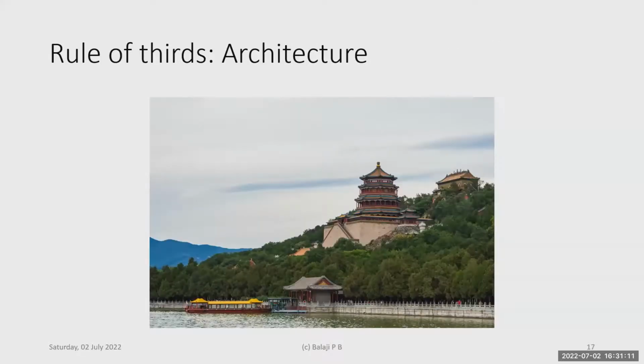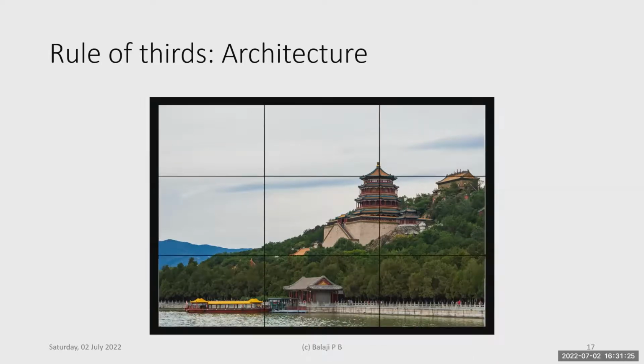Again, you can apply the same kind of rule for landscape images also. I think this is a picture of the Forbidden City in China, the picture that I took. If you try to compose the image, the interesting building at the top of the hill is placed at the intersecting points of the horizontal and the vertical line. So it makes for a